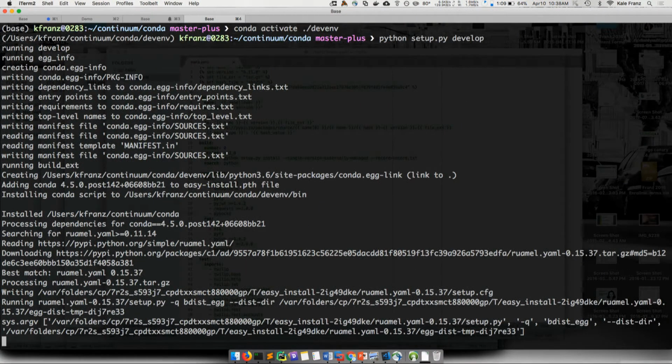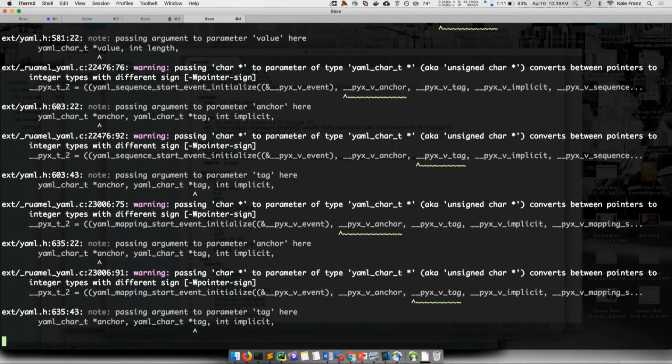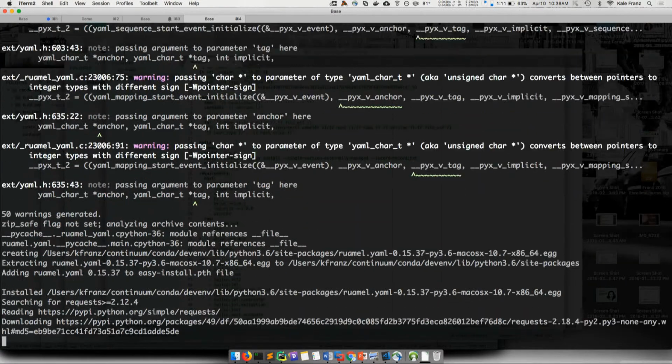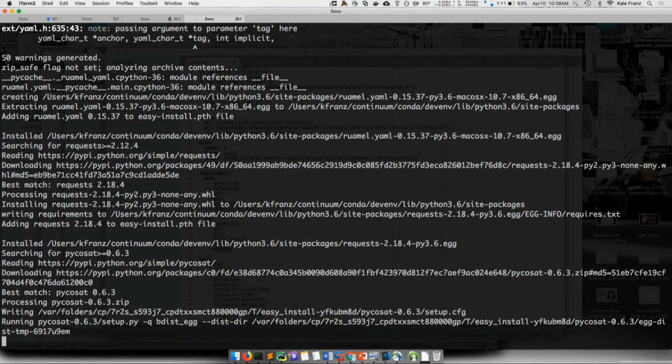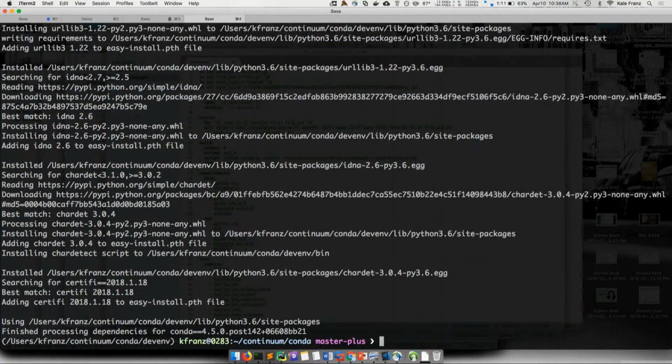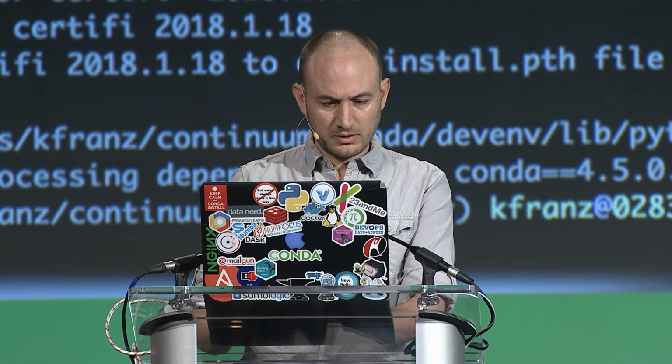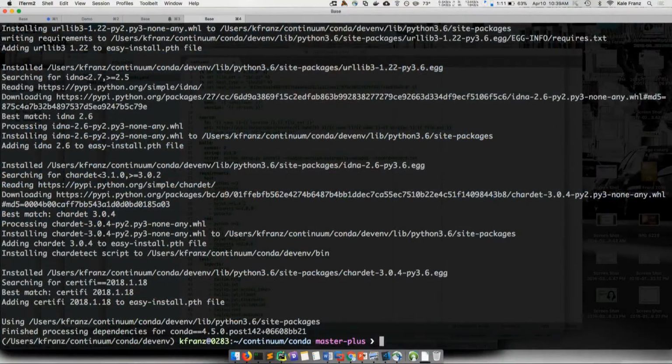And remember when I did that hack of putting that .pth file in at the very beginning? Oh, I didn't put picosat in here, and it's compiling it. This is something Conda will never do on you. Conda will never invoke a compiler on you in production. We're going to stick to that. Run pip install in production, and when your sysadmin gets a compiler invoked on him, he's not going to be happy. Or it just won't be there, and then your deploy will fail. All right, so it looks like everything completed.